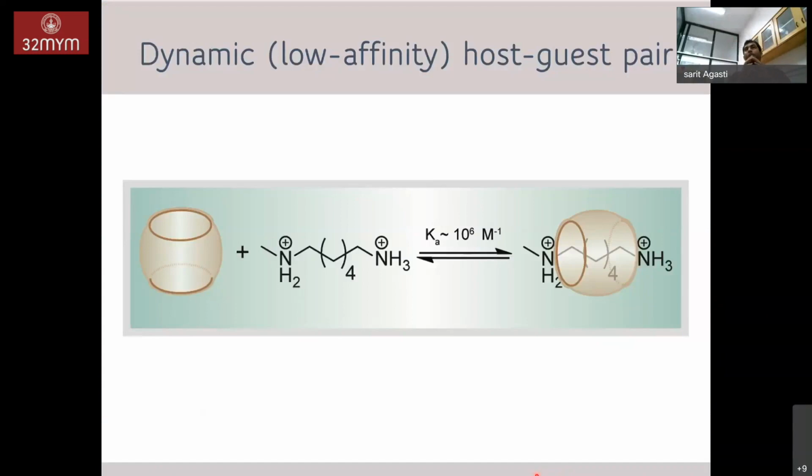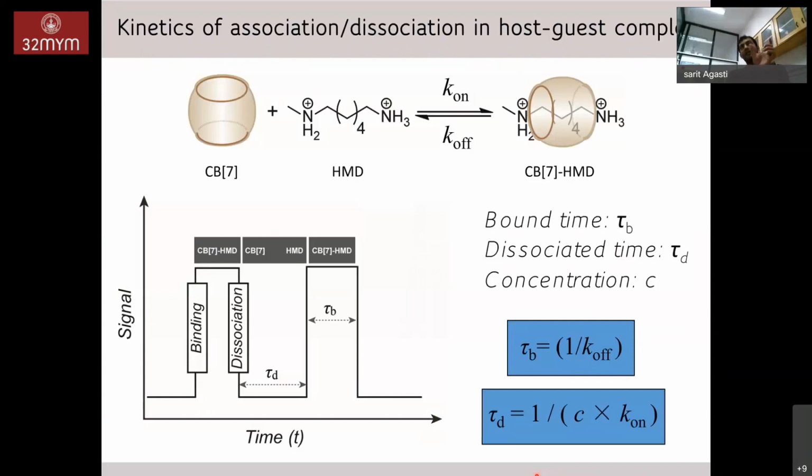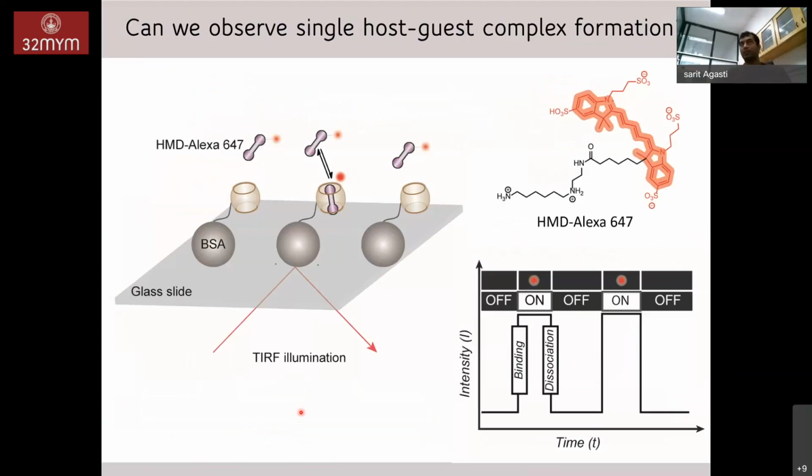So now we are looking at the molecules which form based on this affinity of 10 to the power 6. So there is a dynamic interaction or exchange present between these. Now if there is a dynamic interaction, essentially if you are looking at one molecule forming a host-guest complex, what you will essentially see is that when there is a binding event, you will have a signal, and when there is a dissociation, you will have a dip in the signal, correct? And that's what we are actually trying to observe under our microscope by using this sort of imaging probe.